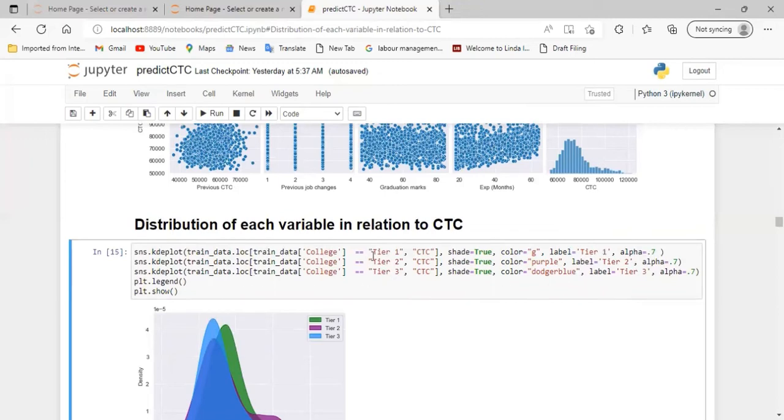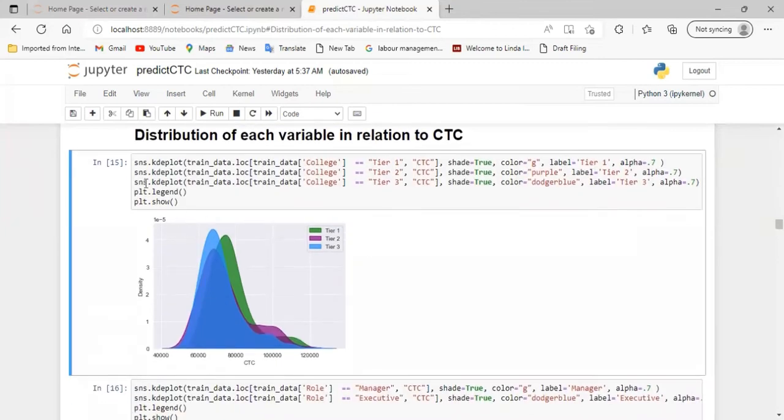The same thing goes for the second one. We want the shade to be purple, color to be purple. The third, we want the color to be dark blue, and these are the different colors. These colors represent the different tiers. As you see, we assign the green to tier 1, the purple to tier 2, and dark blue to tier 3. So then we do PLT legend and PLT show. And when we run this,